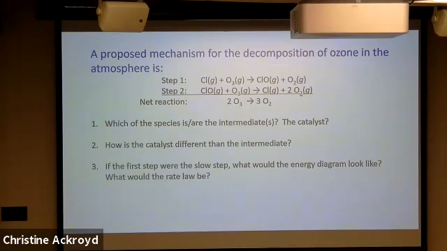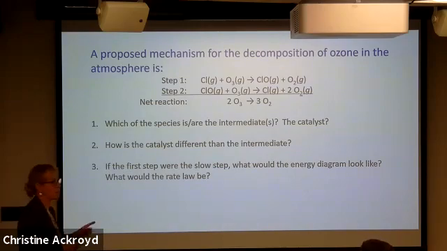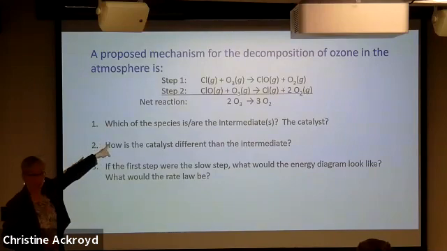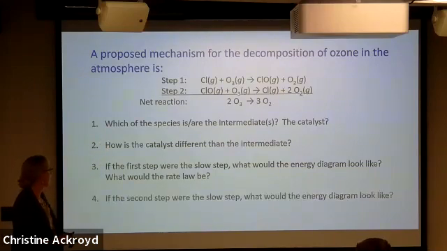Okay, if the first step were the slow step, what would the energy diagram look like? Draw it with your hand. The first step is the tall peak. The second step is the smaller peak. What would the rate law be? The stoichiometry of the rate determining step becomes the order if it's the first step. So our rate law here,